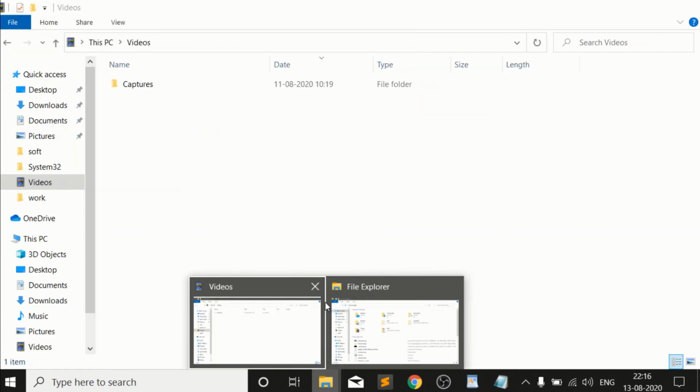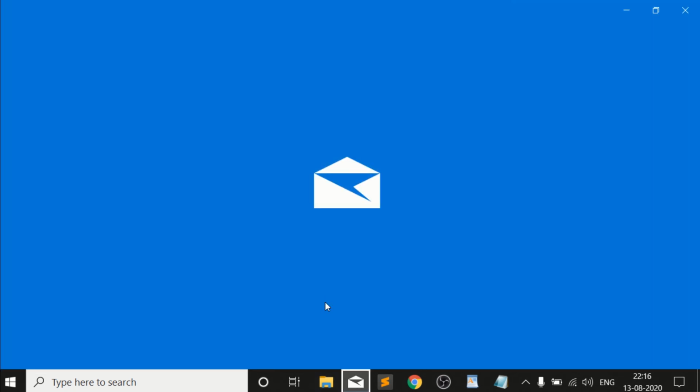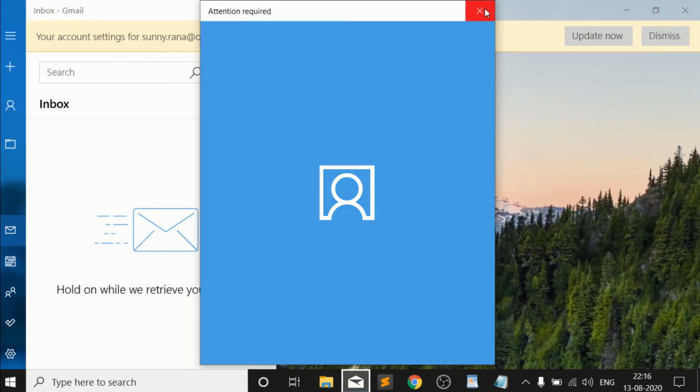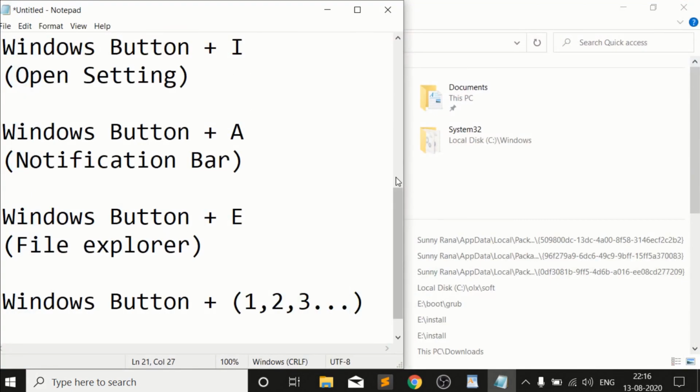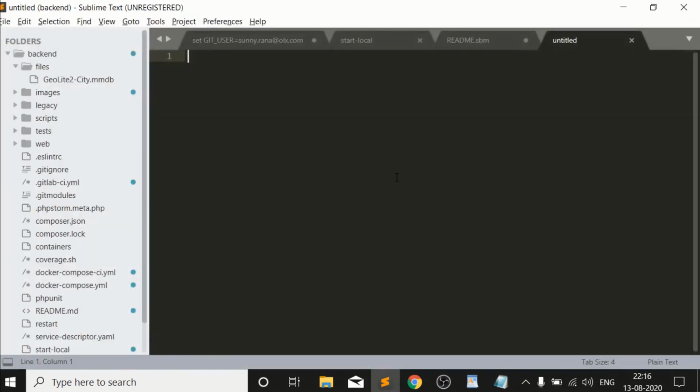You can see it opens File Explorer in front of me. If I press Windows 2, my second icon is Mail, so it opens Mail in front of me. Now let me close it. If I press Windows 3, it will open Sublime. Why? Because Sublime is the third application on my taskbar. You can see how beautiful it is.